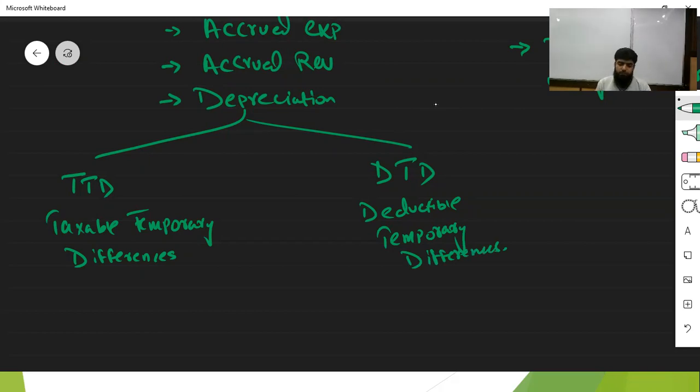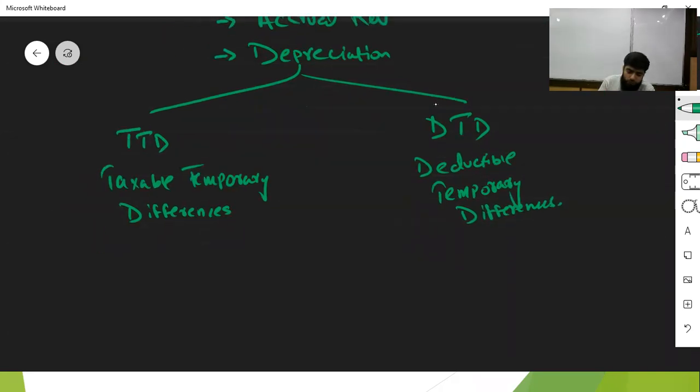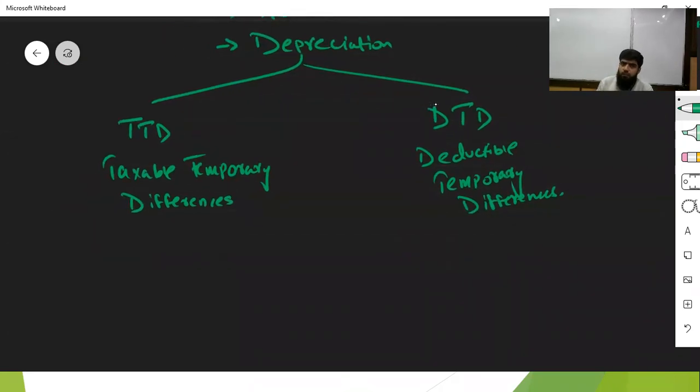So there are two types of temporary differences, that is taxable temporary differences and deductible temporary differences. What does it mean and what is the difference between these two? There are differences which might give you a benefit at present. I repeat, might give you a benefit